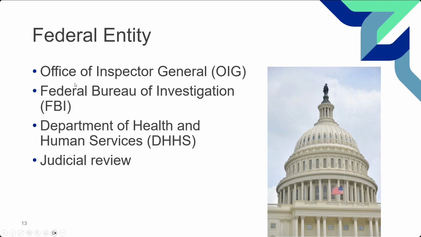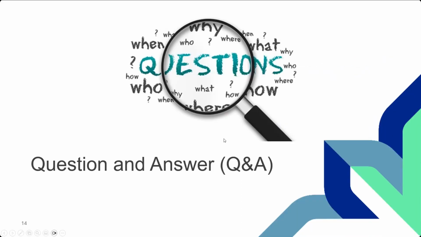So lots of different entities, but basically remember the basic thing you want to know about overpayments before I start answering a few questions. What is the overpayment? It is when it has been determined by you, a federal entity, or a contractor that Medicare is owed money. We are required to take money back. You are required to send the money back. Whether we have asked for it or you have determined it is up to you. But it is money that is owed to the federal government that was paid incorrectly for a variety of different reasons.